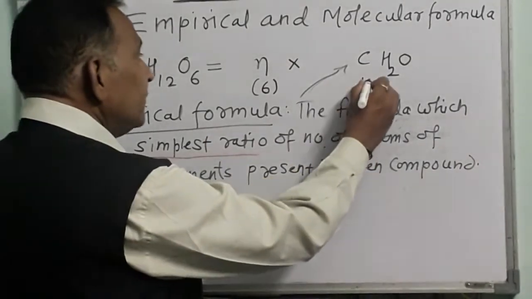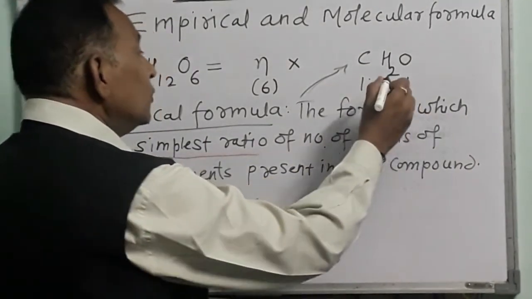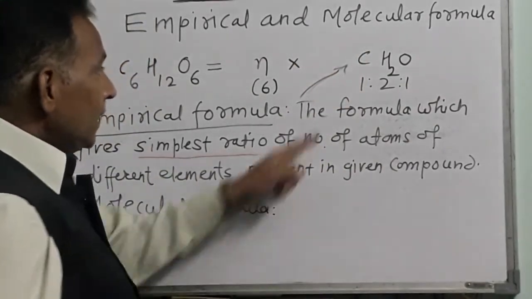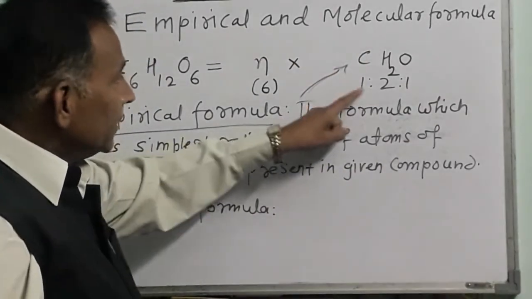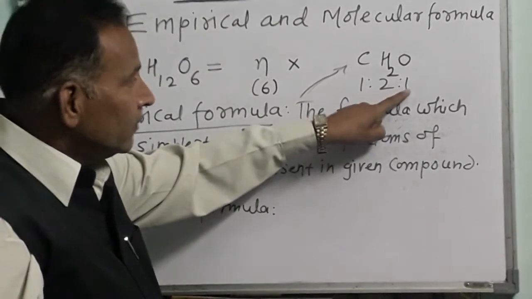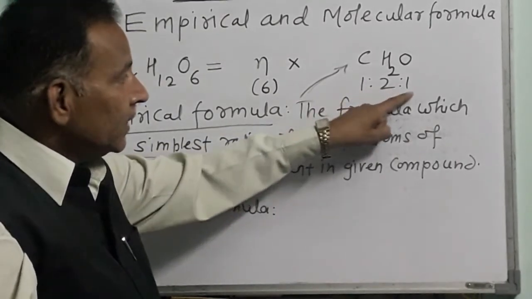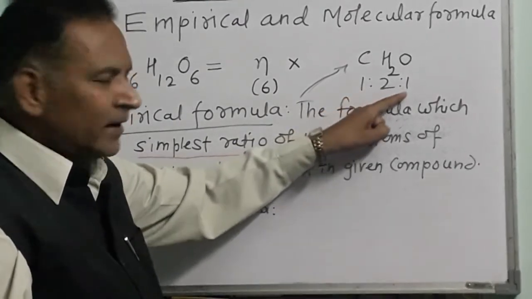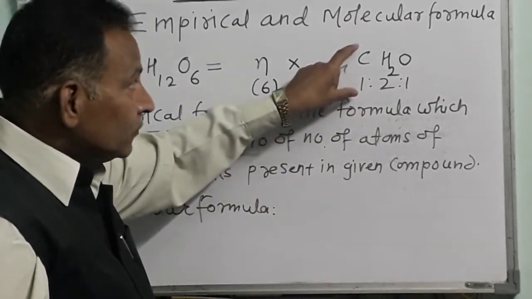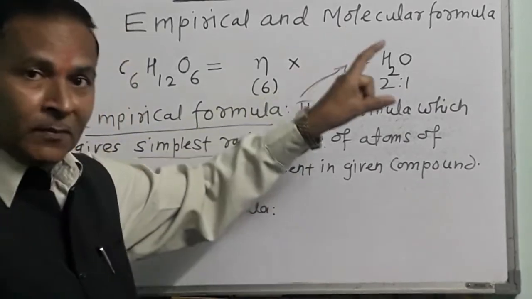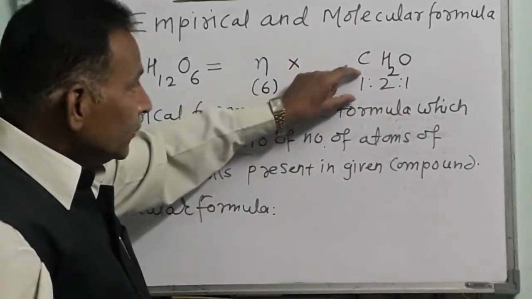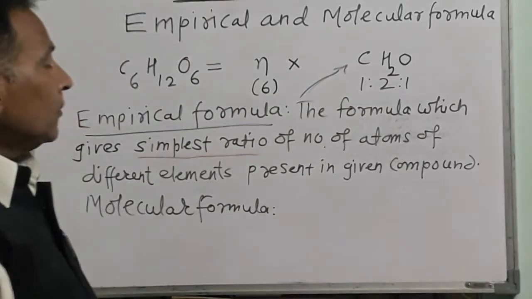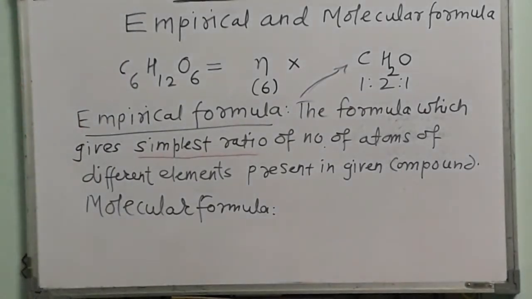That ratio here it is 1:2:1. तो मतलब हुआ अगर एक की जगह पे 10 पकड़ लिए तो 2 मतलब 20 होगा, अगेन 1 मतलब 10 होगा. 10 20 10, 5 10 5, it may be 20 40 20 like that. So it will not sort out the actual information of number of atoms. It will tell you the simplest ratio of number of atoms of different elements present in given compound. But molecular formula gives the actual number of atoms,